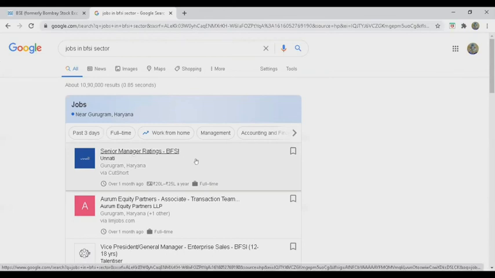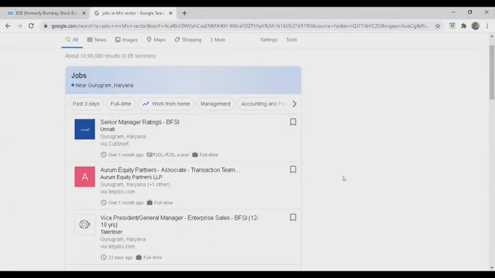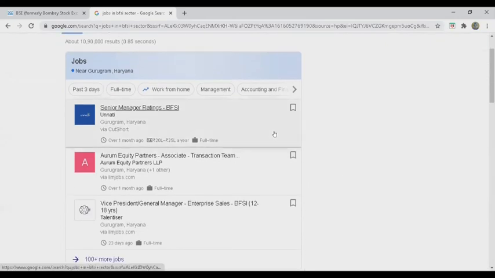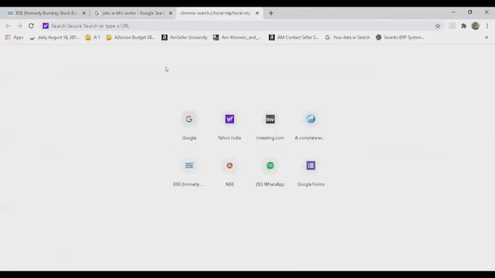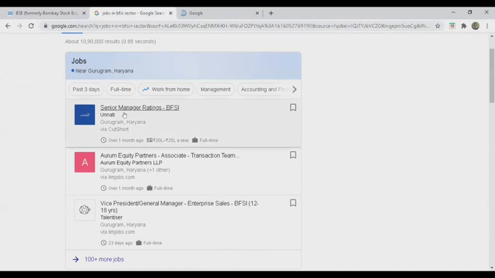This says senior manager ratings. Do you all understand rating? I mean, assuming that you will probably be knowing rating. There are rating agencies. And how does it work? Let me show you another site here, and just one. It will just take a minute, and you will be able to see something here. The rating agencies. Okay, so there is a job with some rating agency, senior manager ratings. Let us see.